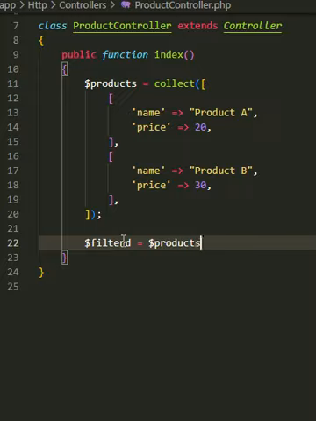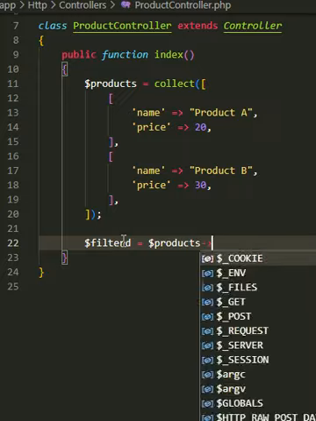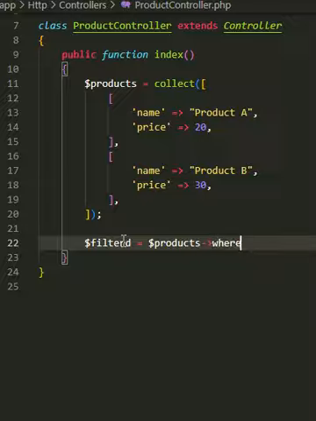Let's say we want to filter the products within some price range. We will use the function whereBetween. It will accept two arguments